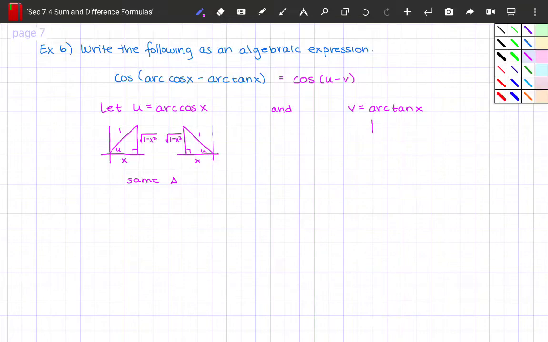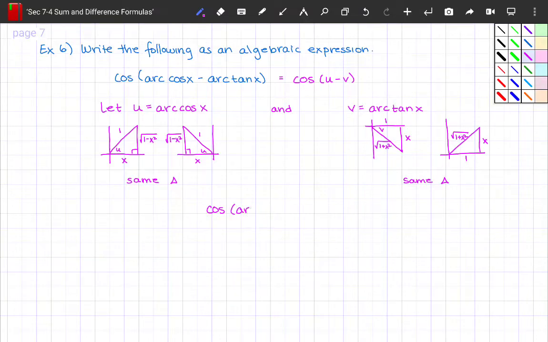Tangent, its range is in quadrant 1 and 4. I don't know why I started with quadrant 4, but I did, so we'll go with it. Tangent is opposite over adjacent. And quadrant 1, opposite over adjacent. And so it looks like we'll get the same triangle here as well. Yay. So we really only have to look at one triangle for each one. But now,